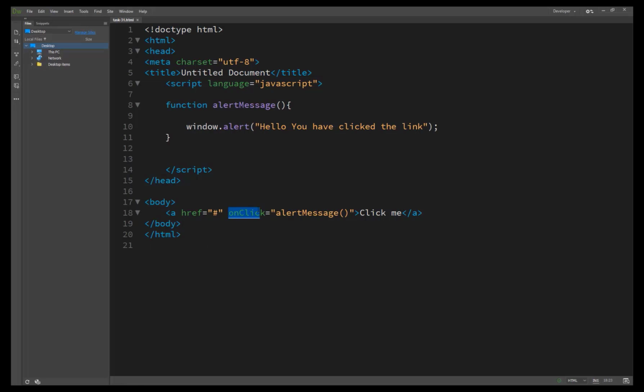So this is the onclick event handler, and the question of which technique to use really depends on your circumstances and needs. For instance, with onclick you can also specify the URL to follow when the link is clicked, so the JavaScript can be executed and then the link will be followed. You can't do that with the javascript: URL approach. So with onclick we can also pass a link or something else.